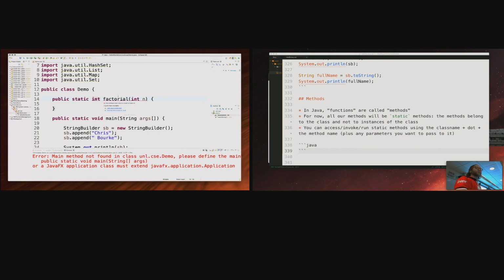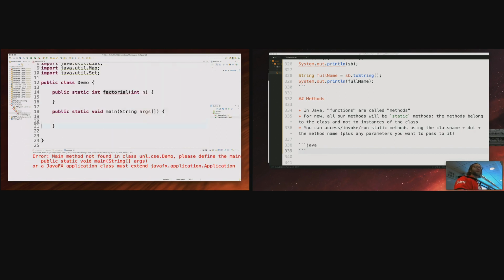Its name is factorial, and it takes one parameter, int n. Let's go ahead and use it down here. Well, I guess let's implement it first. Help me out. Factorial. So if you're not familiar with factorial,